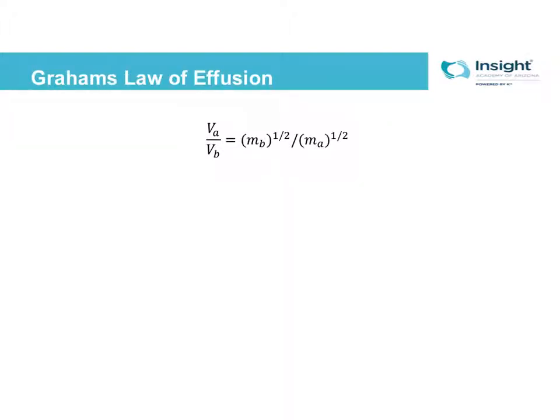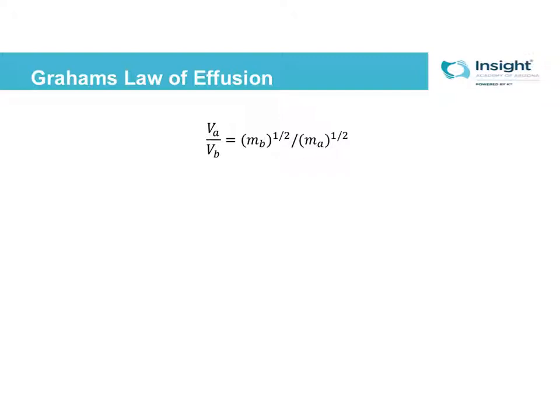Okay, so this is the complicated equation for Graham's law of diffusion. What this means is that the ratio of the velocities of your 2 gases is equal to the ratio of the square roots of the masses of your 2 gases. Another way you can write this equation, and this might actually be more helpful to you,